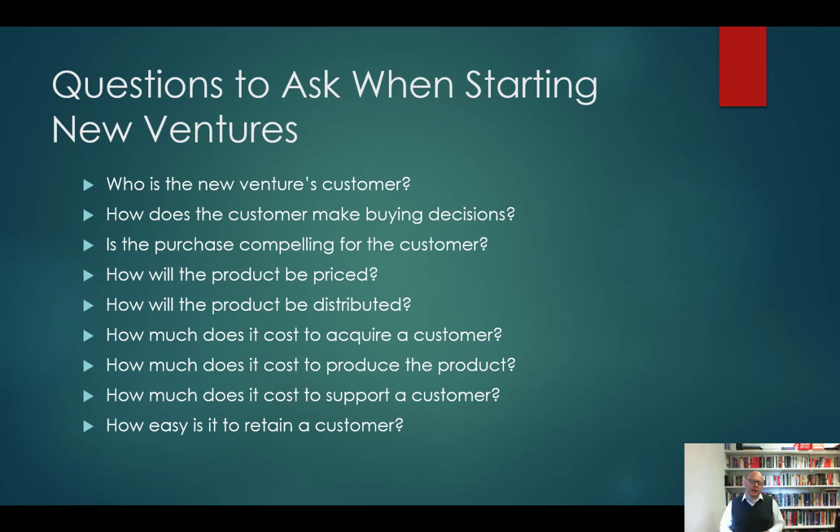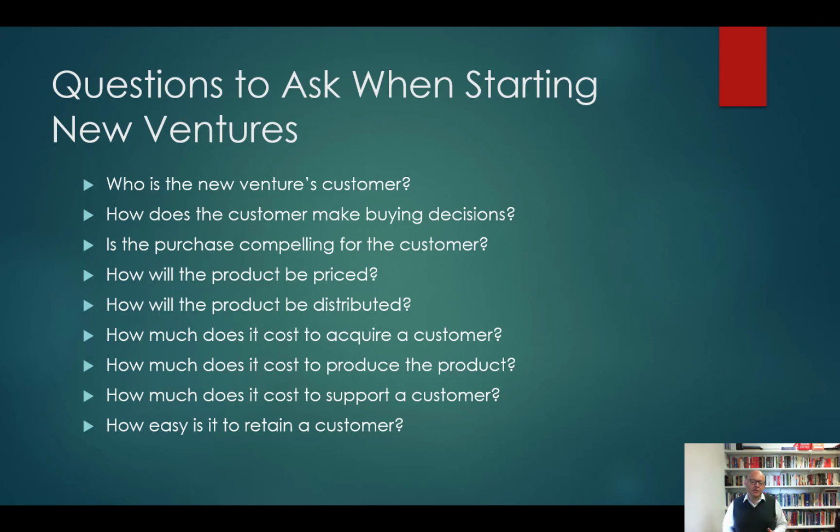We also need to think very carefully about costs, and costs in a couple of different areas. We need to think about how much it costs to acquire customers. Now we're not buying the customer, but what we're doing is spending money on advertising and relationship building, which will add to the overall costs of running our business. So we need to be really clear about what it's going to cost us to acquire that customer.